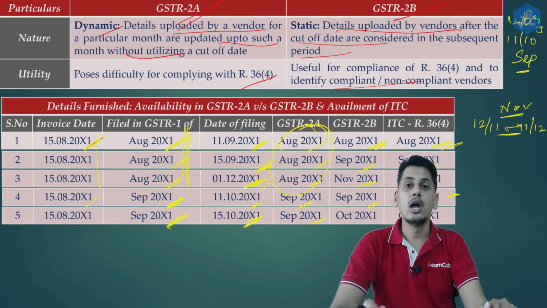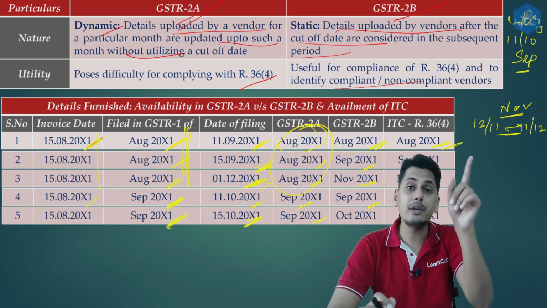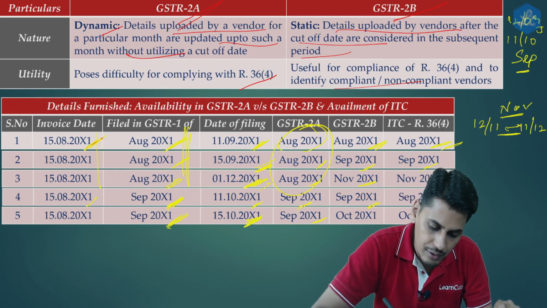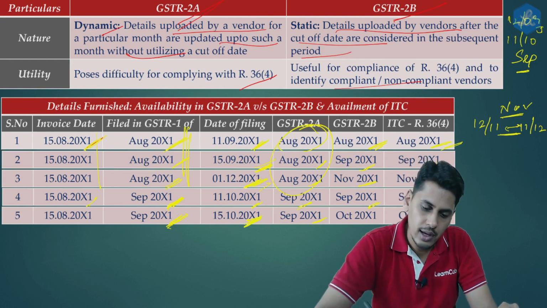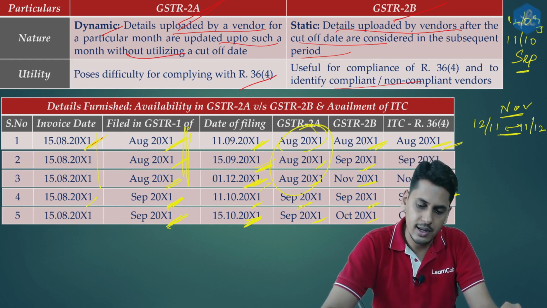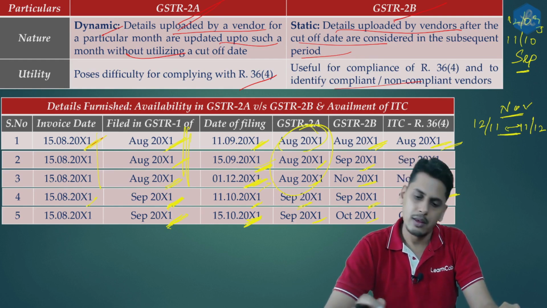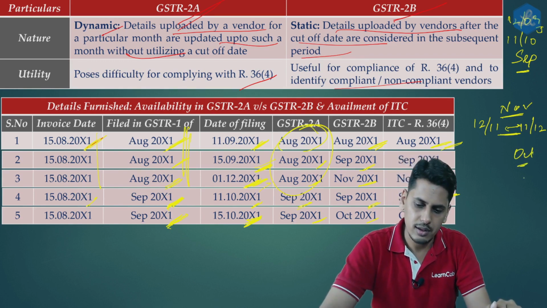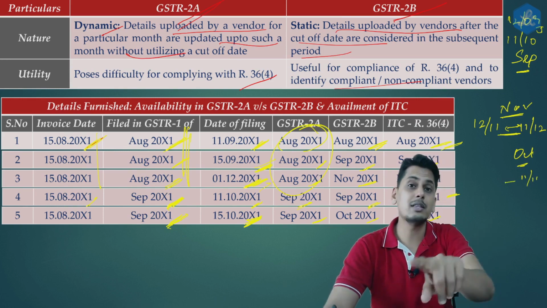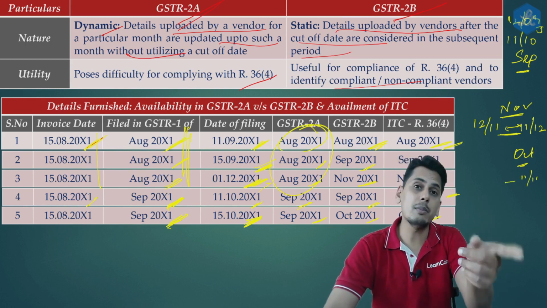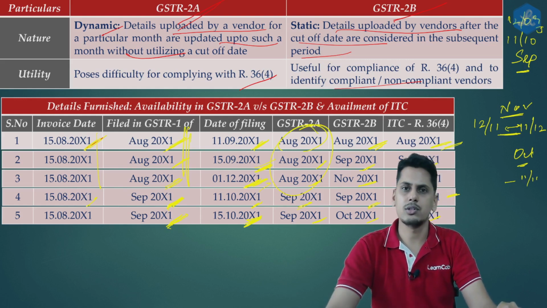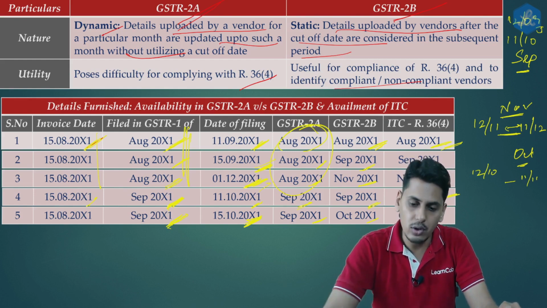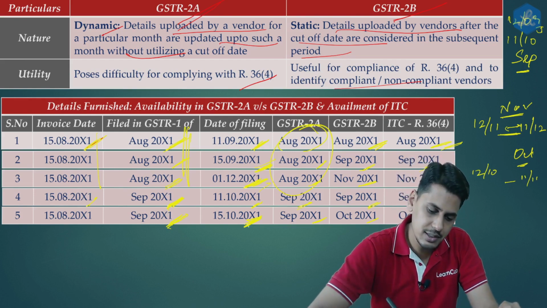The next month is October. For it to appear in 2B of October, it should be filed by 11th of November. Is it done? Yes. It is filed on 15th of October. So therefore, it would appear in October month GSTR 2B, credit also in October month. If you want to recheck friends, for October, what is the window? What is the last date for October? 11th of November. What is the month prior to October? September. For September, what was the last date? 11th of October. So what is the next date? 12th of October. So 12th of October to 11th of November is the window for October. So friends, it is filed in this window.